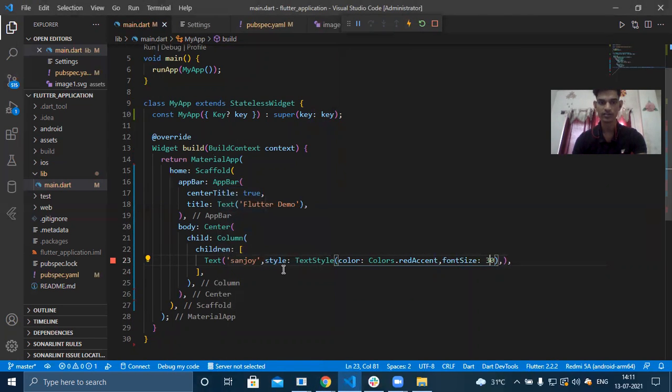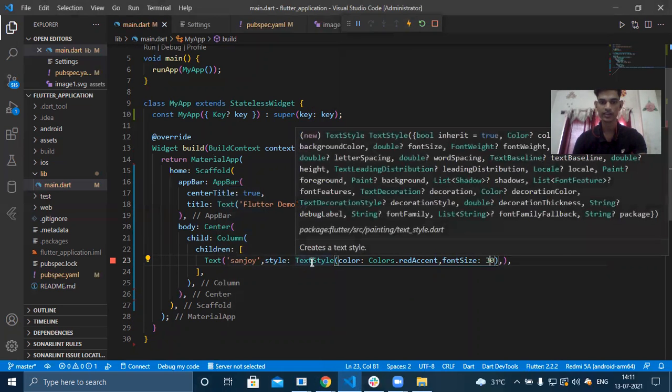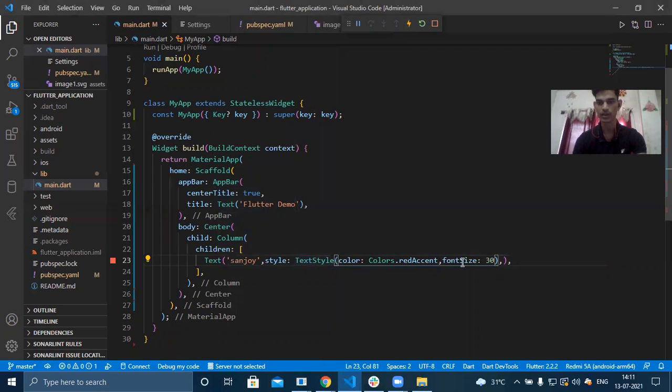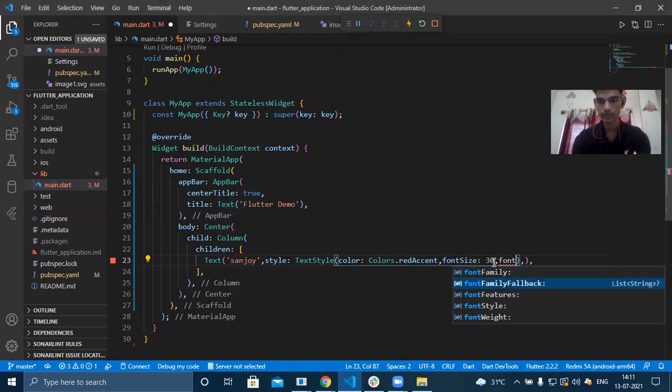Inside this text, there is an attribute called style, and style takes a text style, and inside this text style you can specify the style of the text. Like you can use font weight. So here are some attributes you can check, font family. You can change the font family, there are different font families, you know. So font weight.